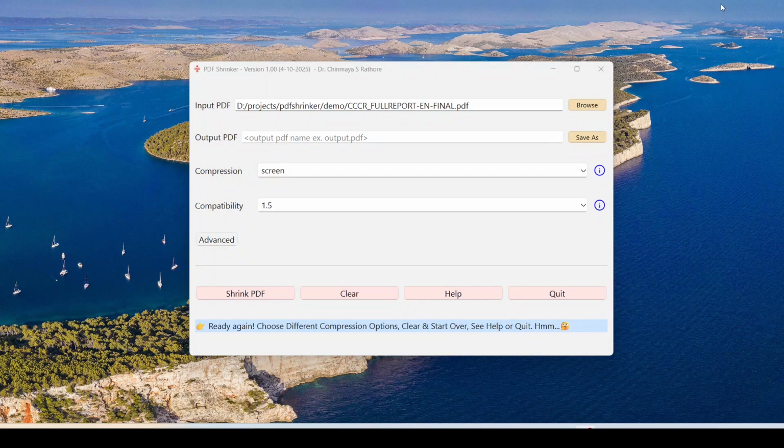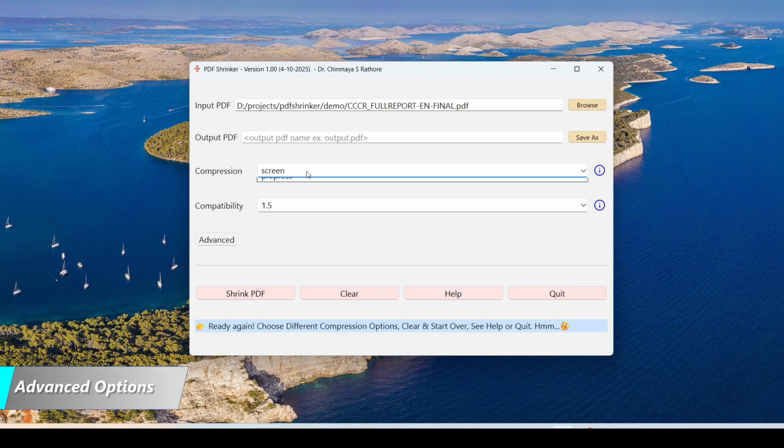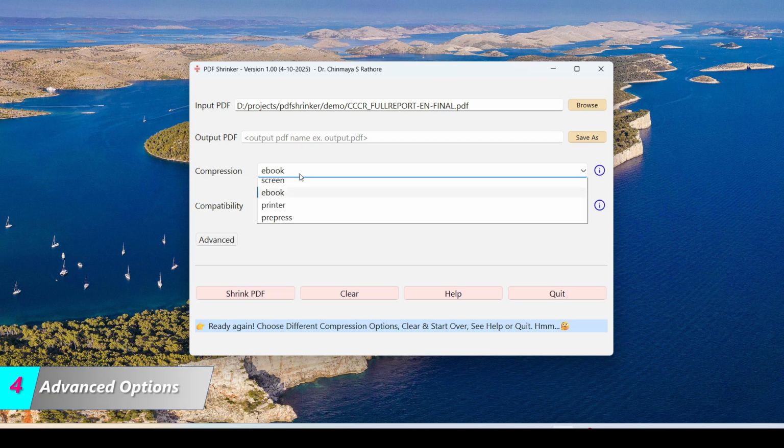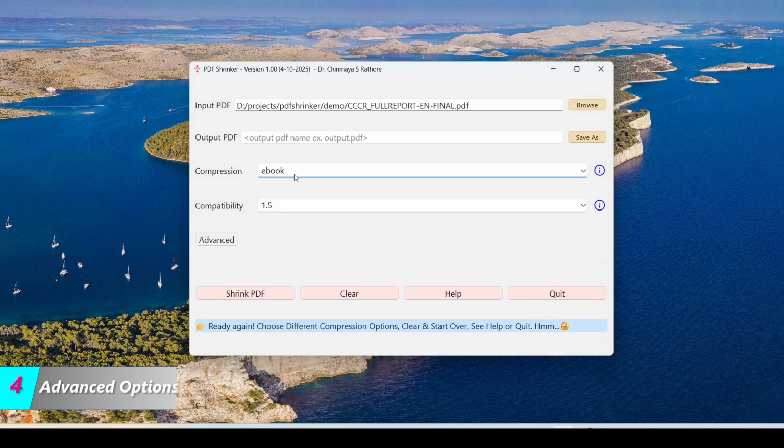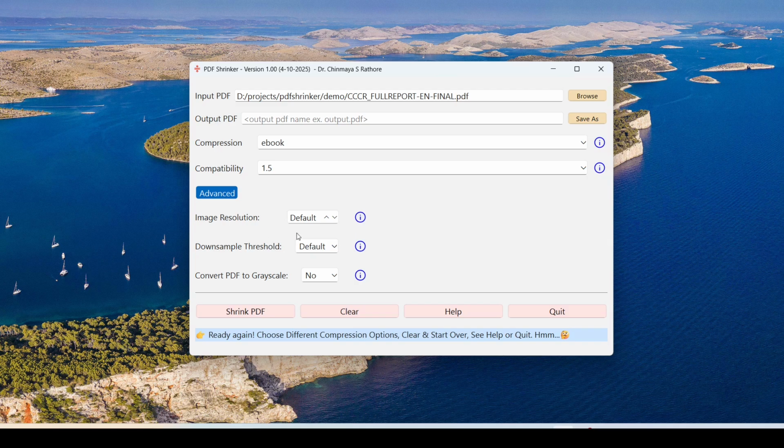As we have seen, the screen preset gives us very small PDF sizes, but the images are not readable. And when we choose the ebook preset, we get large PDF sizes, but the PDF is readable. What if we wanted something in between? Say, for example, downgrading an ebook such that the size is also okay and the PDF is readable. We can do that by clicking on the advanced button. Using the advanced option, we can control image resolution precisely. Remember, the ebook downsampled images to 150. So this time around, using the image resolution, we can choose 120, and we can come down and choose the